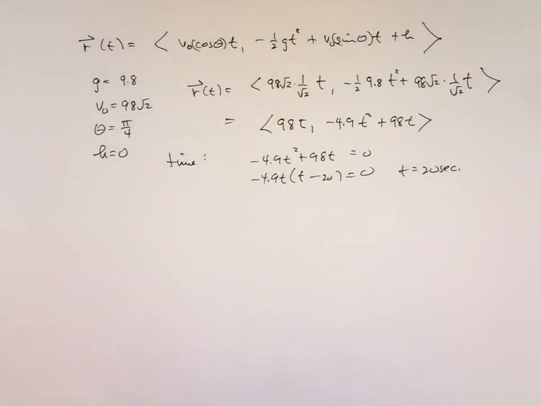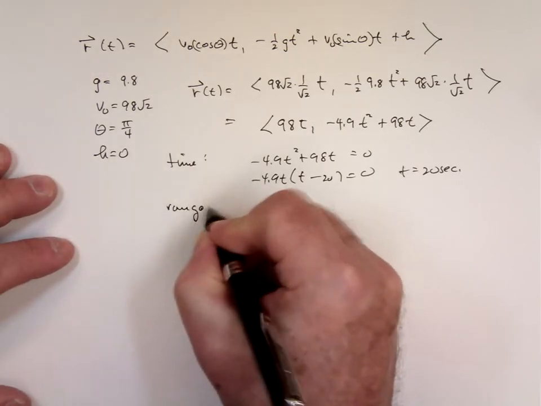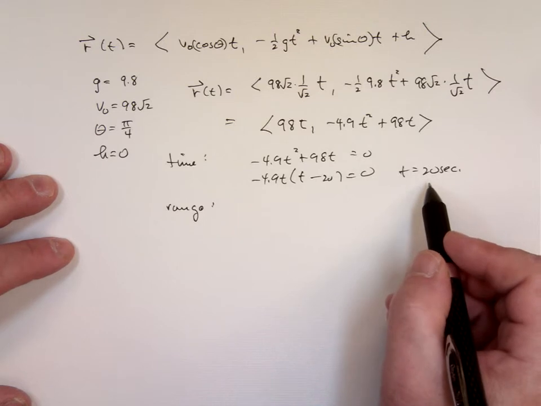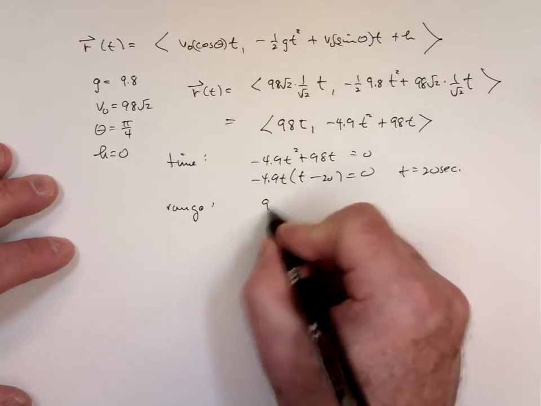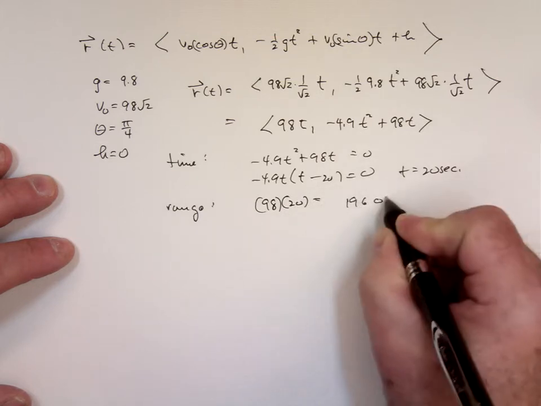Range. The range is where the thing lands. It's the x component at t equals 20. The range then would be 98 times 20, which would be 1960 meters, which I didn't have on